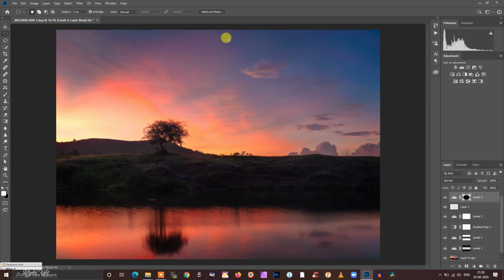Now that we have applied vignetting, it is essential in these corners, but I don't think darkening is needed in this dark patch in the middle of the image. So I will remove that effect by using black brush. Make sure the edges are soft and opacity is 100%. So darkening in this area is not needed. So I will remove that.